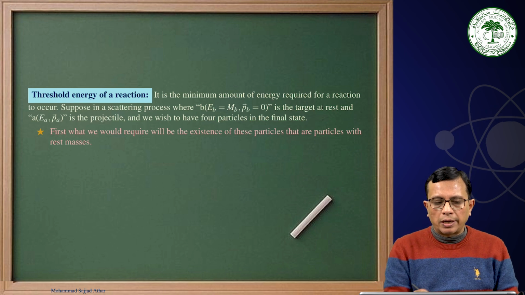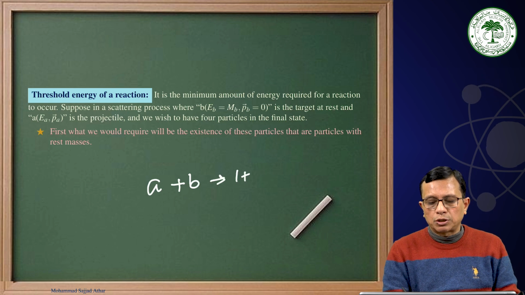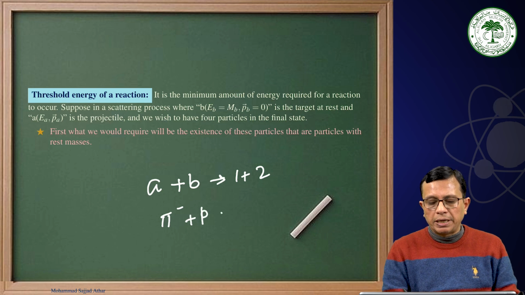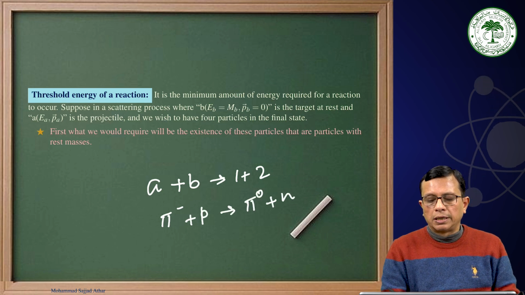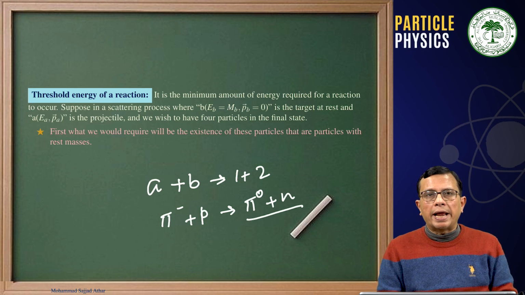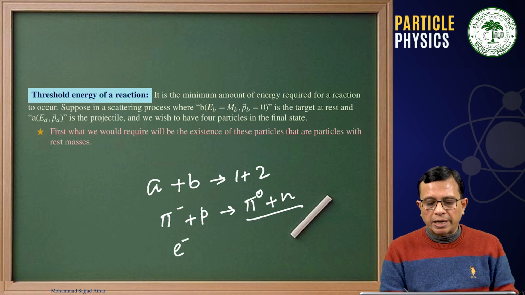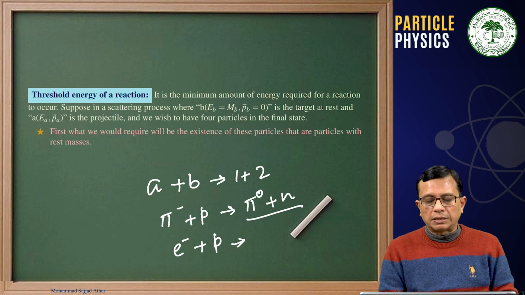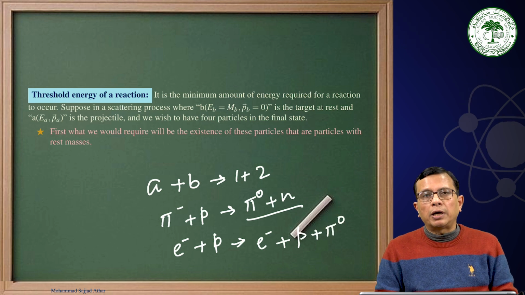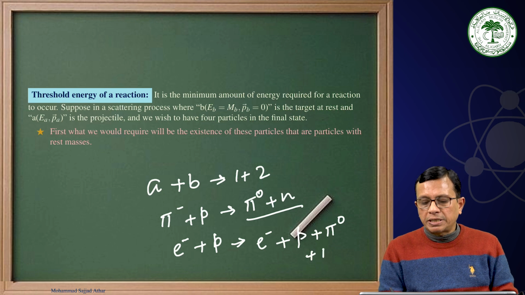Suppose I am talking about A plus B going to 1 plus 2. Like I am talking about a reaction pi minus p going to pi 0 n. Then what should be the minimum energy of the reaction to have pi 0 and n in the final state? Or if I take another example where we have an electron beam and a proton as the target, then what minimum energy we would require to have a neutral pion also in the final state,